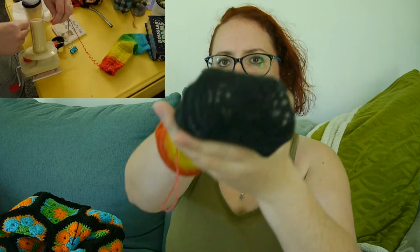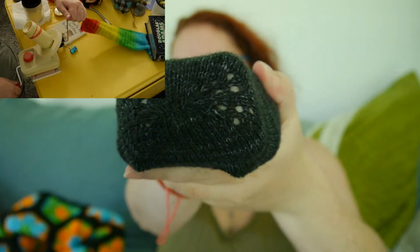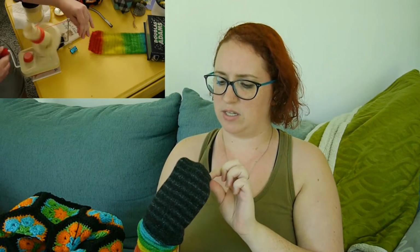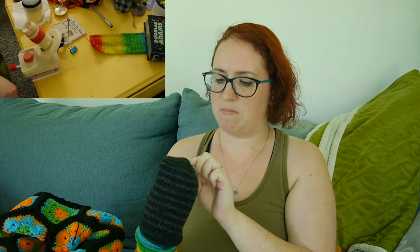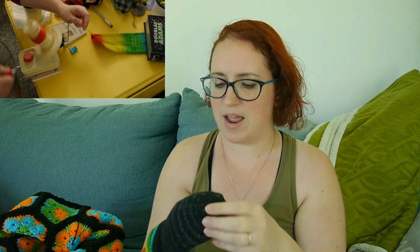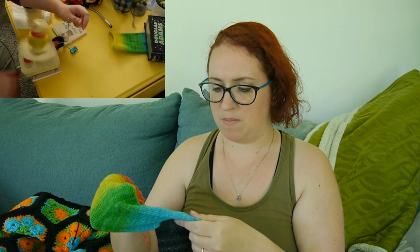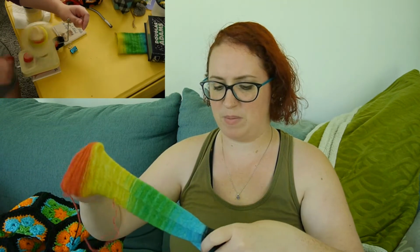I do not like the toe on it. I'm not a big fan of how it fits either, because it's so tall. I have holes in the toes because I don't think I did the increases correctly. I was learning, and I don't like the toe. The heel is okay. If I remember correctly,